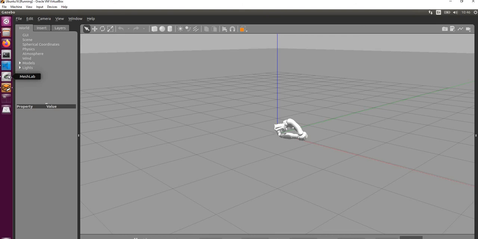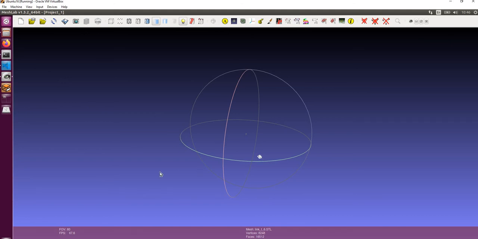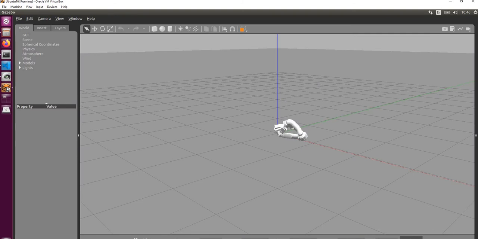So it's a good idea to decrease the number of vertices in your meshes. But the problem is, if you decrease the number of vertices, then the robot does not look good visually. So the common practice is